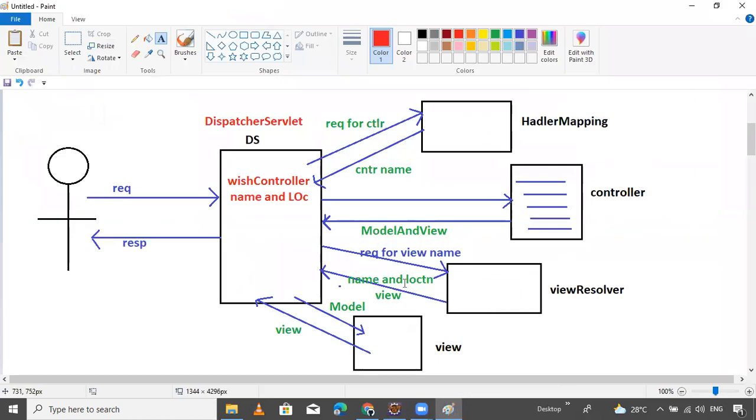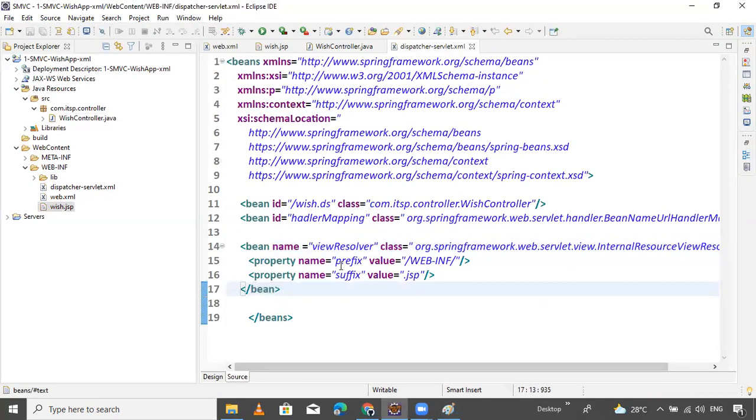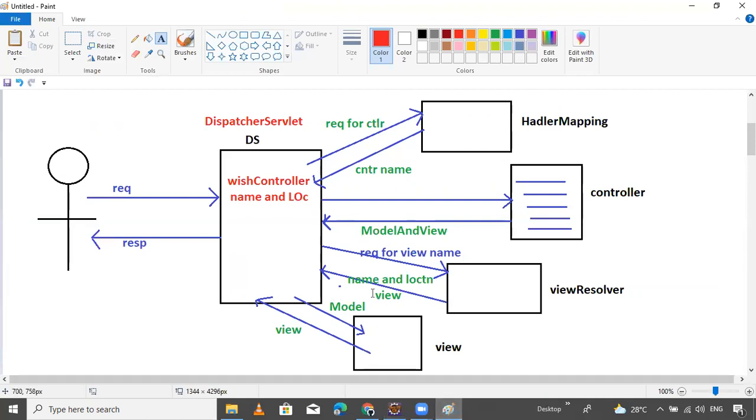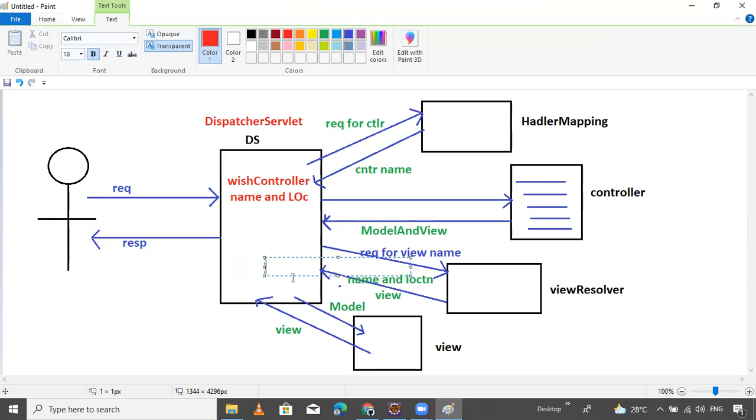This is our view resolver, requested for the names and files. Then the view resolver returns two things: first the name of the JSP file, and second the location.